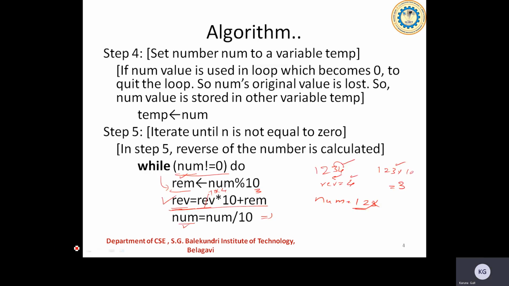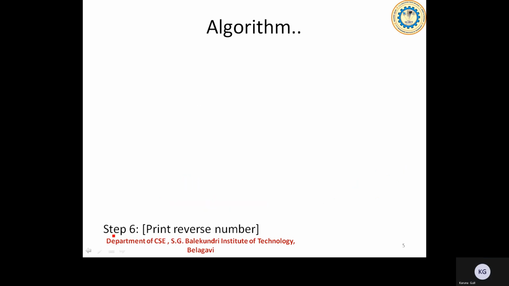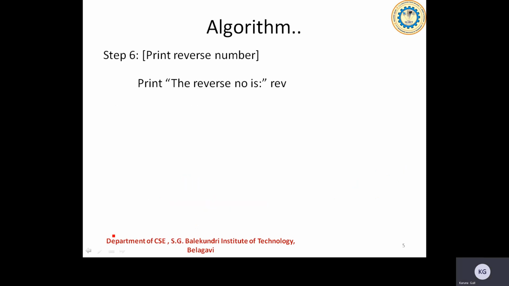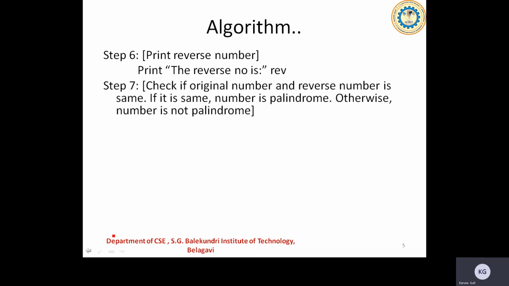Next, if I proceed with the next bit of it, I'll be printing the reverse of the given number, which is present inside the reverse. Then now I need to check the original number with the reverse number that I got once I come out of the loop there, right? Just to check whether the given number is palindrome or not, right? How do I do that? So the reverse number is cross verified with the temporary variable, because the temporary variable is holding the original data there, right?